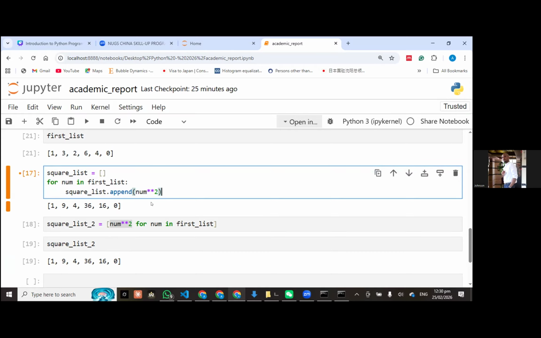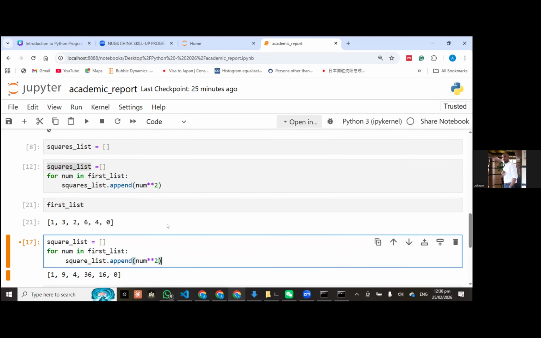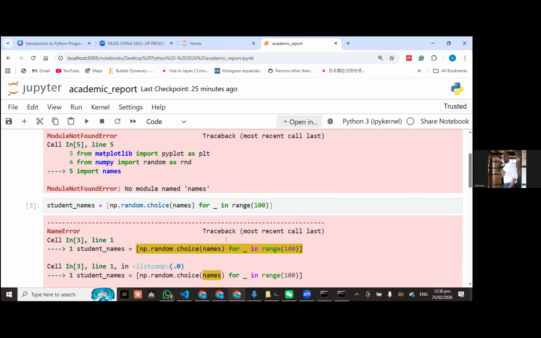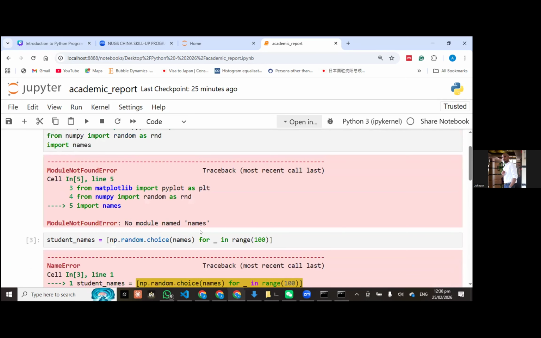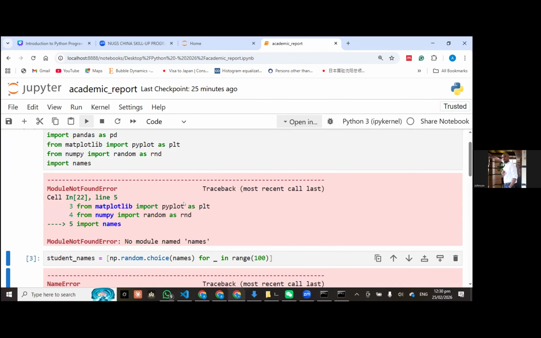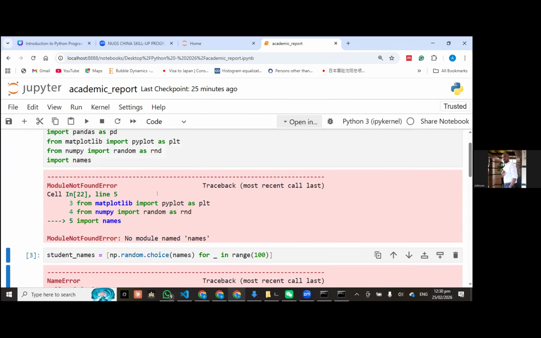So now that we have this, why did I go through this? I wanted us to generate a list of names, which we are doing here. When I did the random choice, it probably didn't help me, so I would go with another package. What this package does is generate names for us. So I run this, once I have it installed,